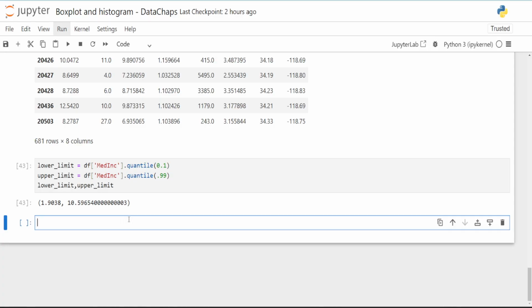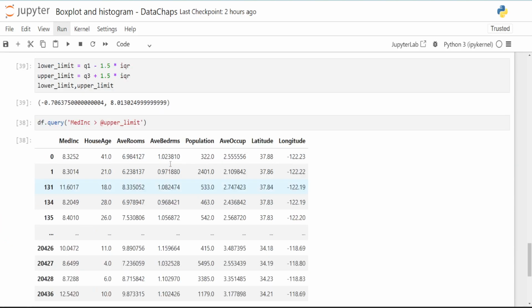That will be up to your business knowledge to see what you want to take. All three of them are valid, or all three of them will give you different rows as your outliers. There is nothing wrong with that. Depending on the data size you have and the business knowledge you have, you can identify which method works for you. So that's it I have today. So what we have learned in this tutorial is